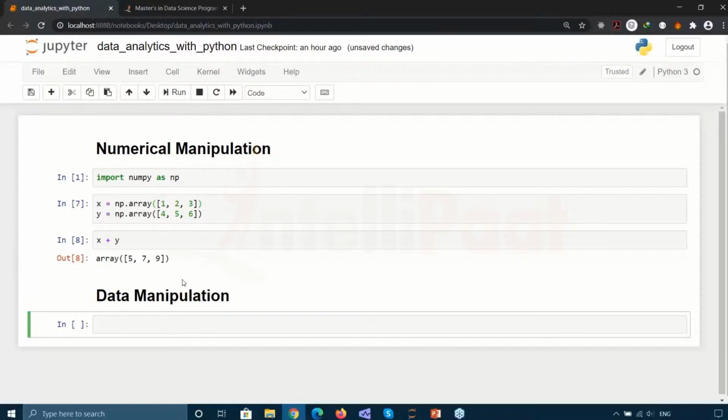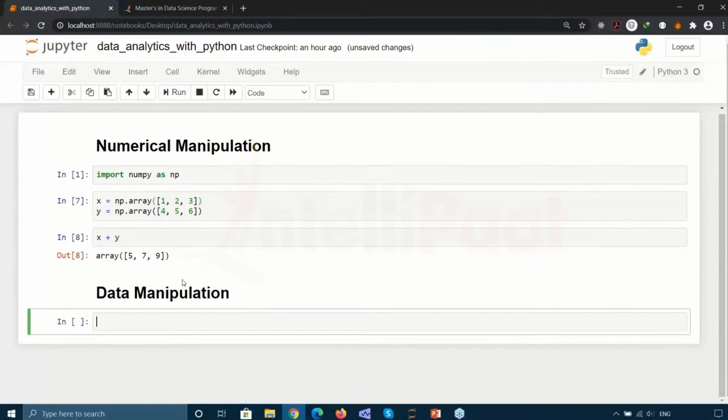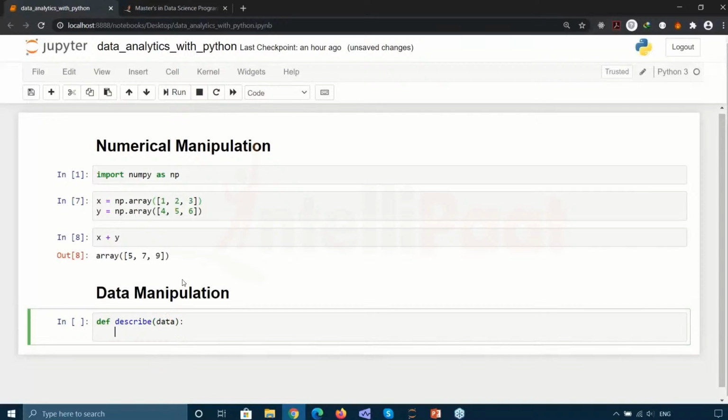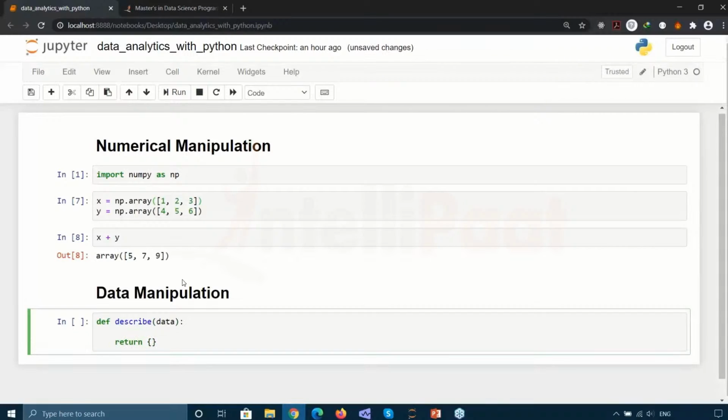Now for data manipulation, firstly, I'd like to do it by hand. So let me create a function named describe. This will accept some data and return a dictionary containing some description of the data that we have. What I want to measure is the count, which is the number of elements inside the data, the mean of the data, the minimum and maximum values, and the